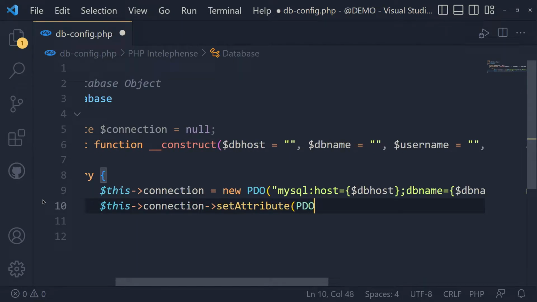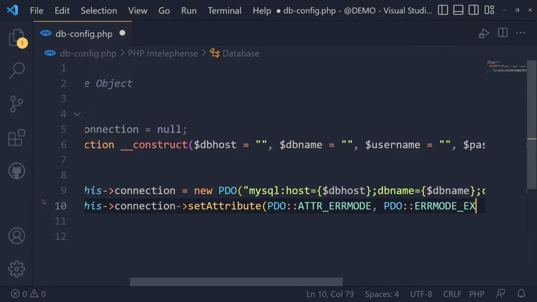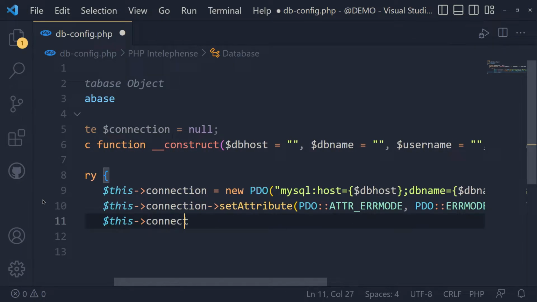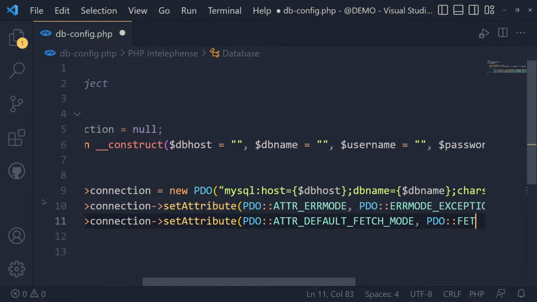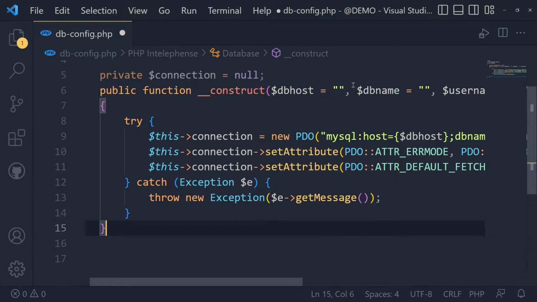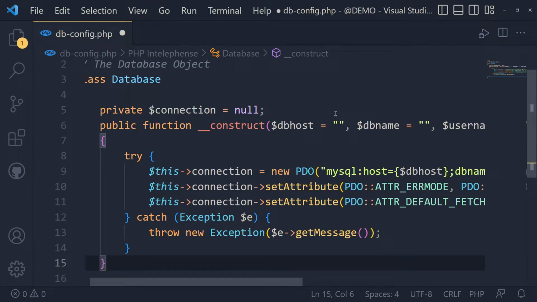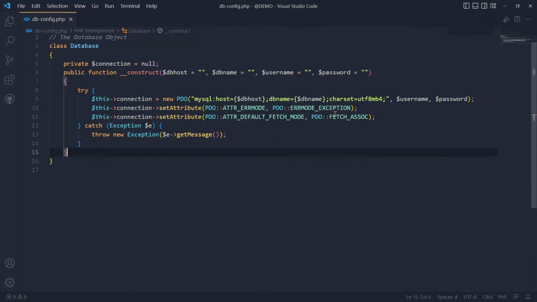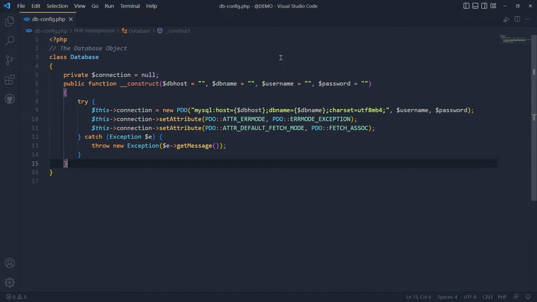I defined a public construct function with 4 parameters. A constructor allows you to initialize an object's properties upon the creation of the object. And this is how we can create a PDO connection with predefined constants. A great benefit of PDO is that it has an exception class to handle any problems that may occur in our database queries. If an exception is thrown within the try block, the script stops executing and flows directly to the first catch block. So we have a connection variable, a constructor function with 4 parameters: hostname, database name, username,